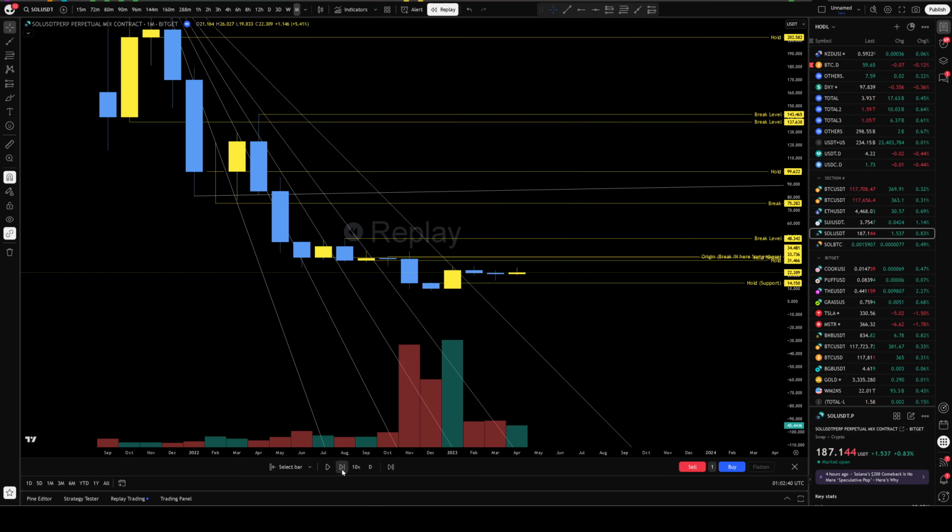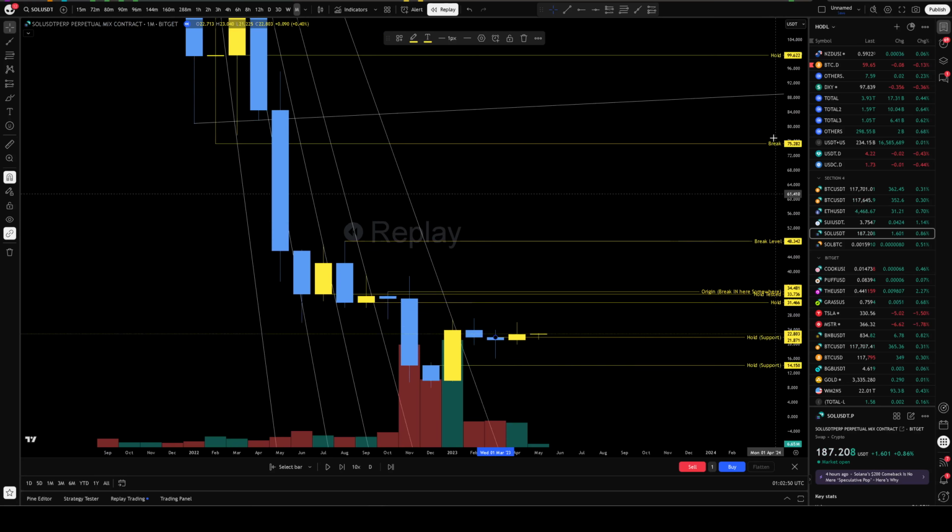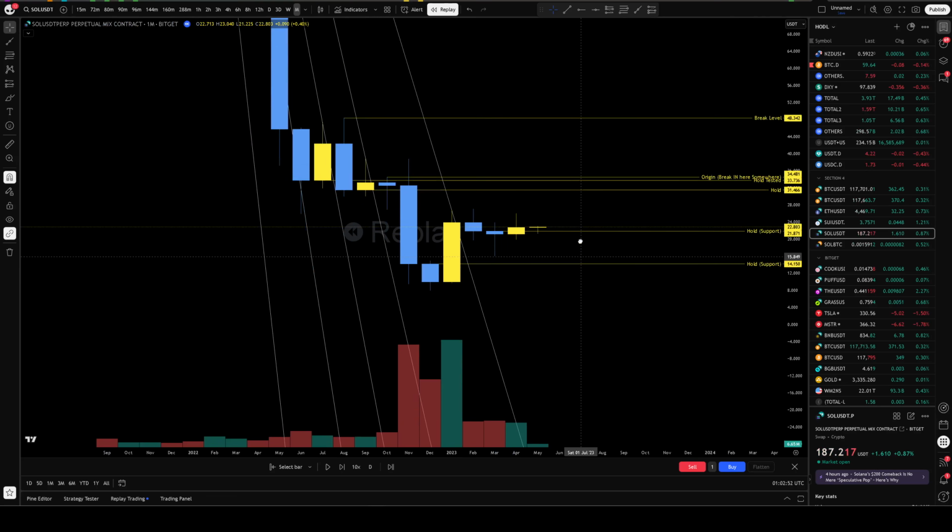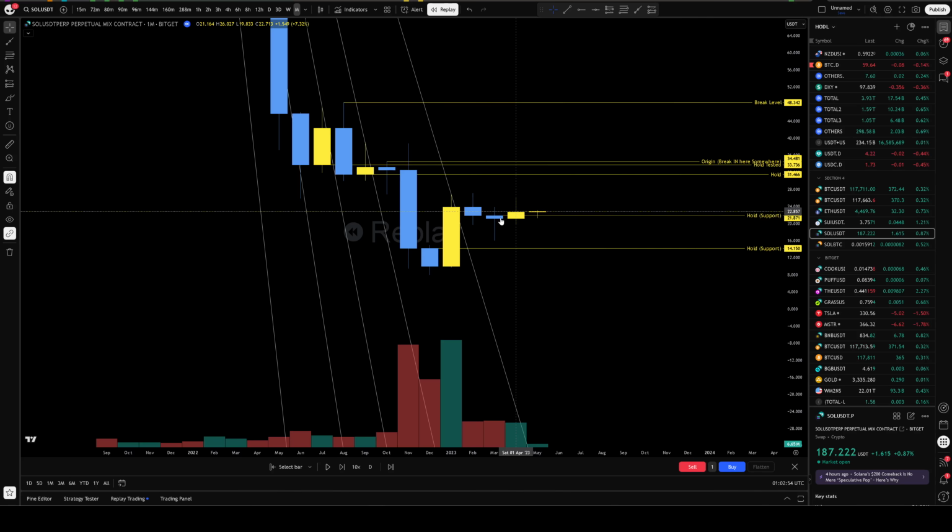So what we're looking for is another hold level. And what do we get? Okay, so now we have another hold level. I'll just spread this out a bit so you can see what's going on here. So this has now engulfed this, creating a hold level. We have a break level at the top of, I'll just copy paste one of these, we have a break level up here at the top